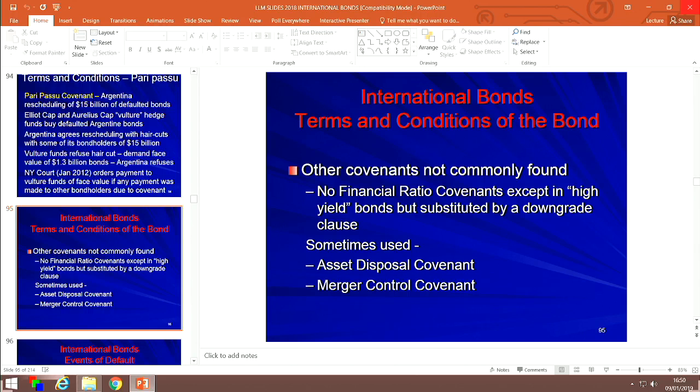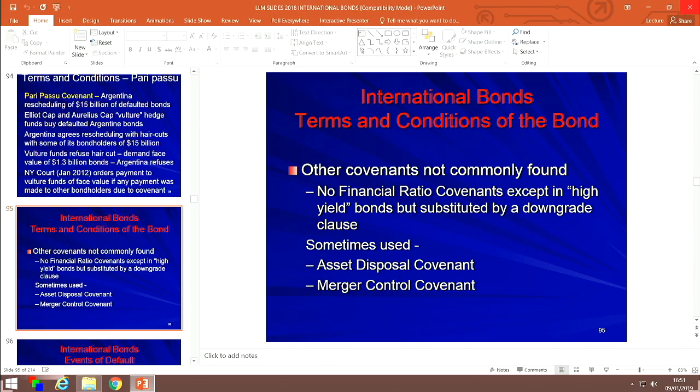So what the clause says, if one of the rating agencies downgrades the bonds of the issuer by usually 2 notches or 3 notches, 3 grades or 2 grades, then that constitutes an event of default under the bond instrument. That formula, as you remember, is also used in syndicated loans. It says if the borrower's public debt is downgraded, i.e. bonds are downgraded by rating agencies, then there is a default under the syndicated loan agreement. So they're exactly the same clause that you're looking at.